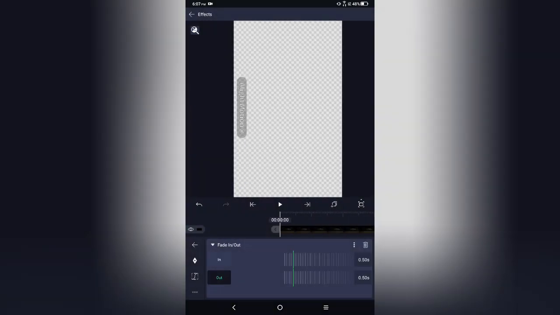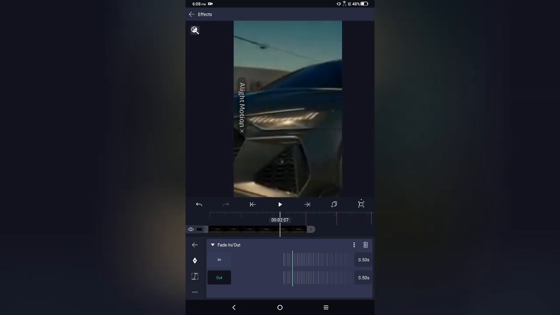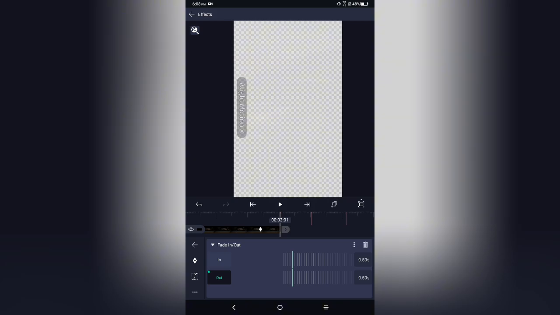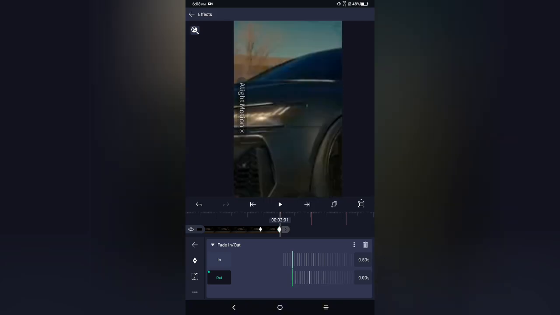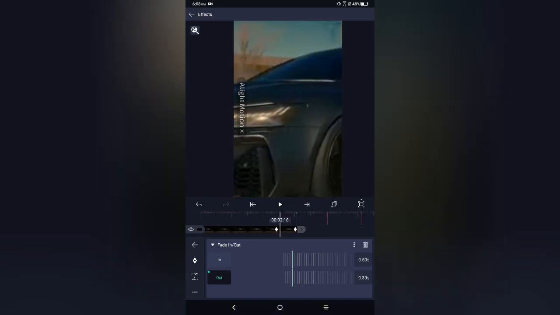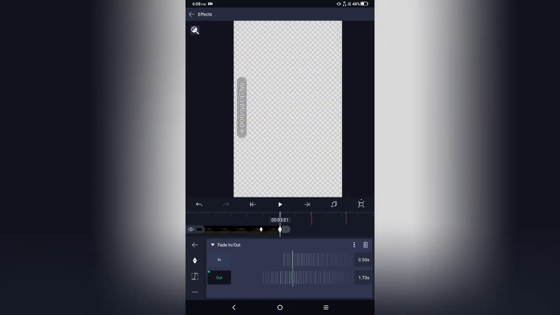Click here and then click on fade out. Add a key here at 0.50 seconds and then this is 0.0. This to 0.0 and I think